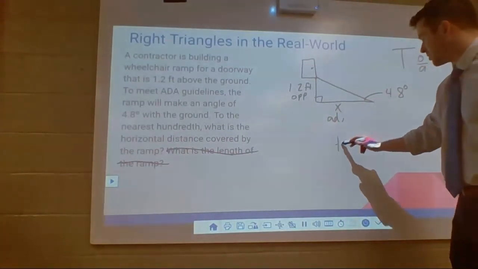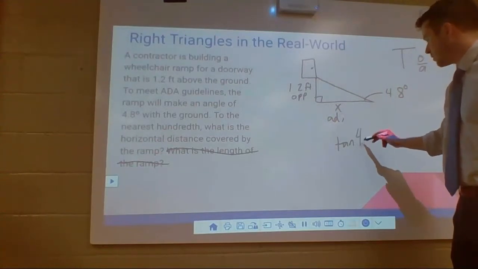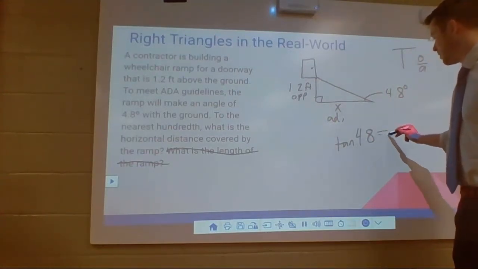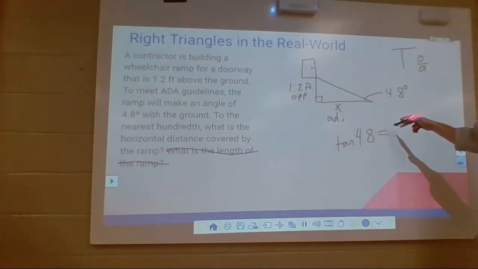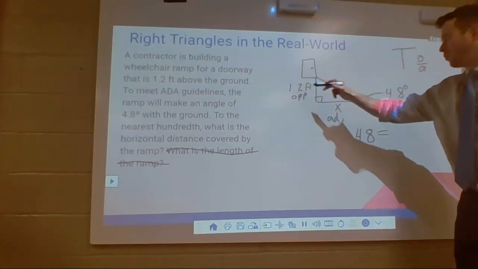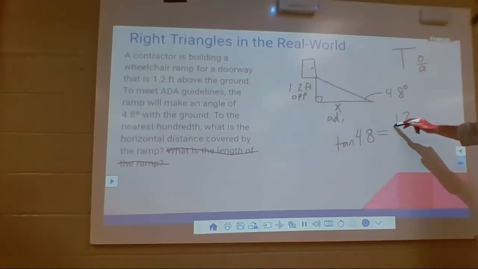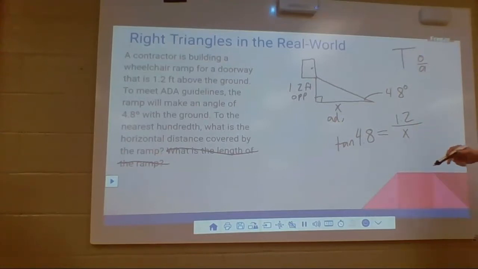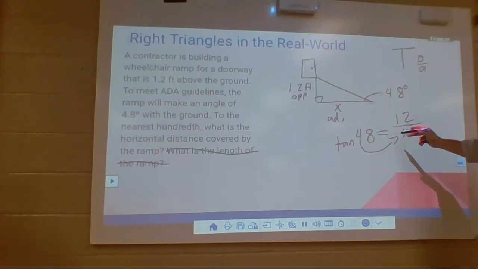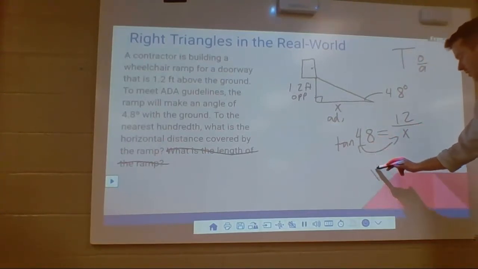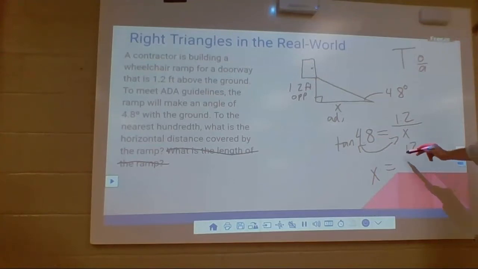We're going to say tangent 4.8 degrees equals, and again, I'm not including that degree sign. I don't need to. But that's going to equal opposite over adjacent. 1.2, and I don't need to include the feet here. So 1.2 over x. All right, so we see the variable is in the denominator, don't we? Well, remember that trick I showed you. We can swap when it's in the denominator. Only when the variable's in the denominator. We can swap like this. We can say x equals 12. No, it's not 12. 1.2. I'm sorry. 1.2 divided by